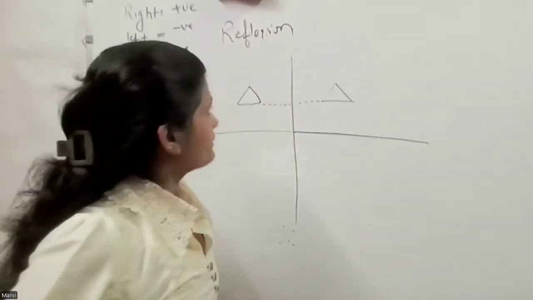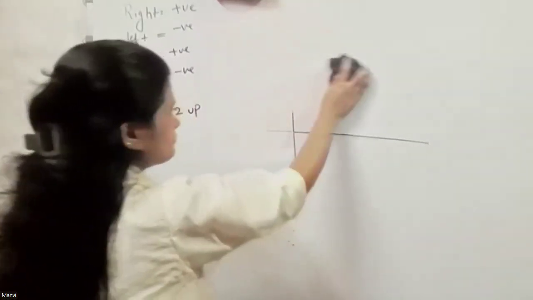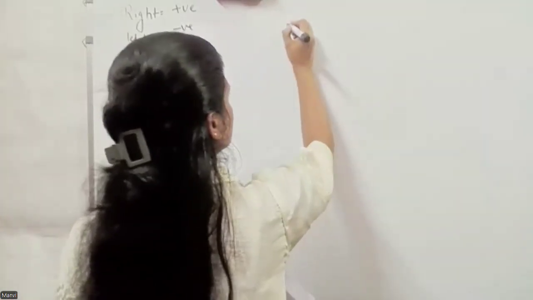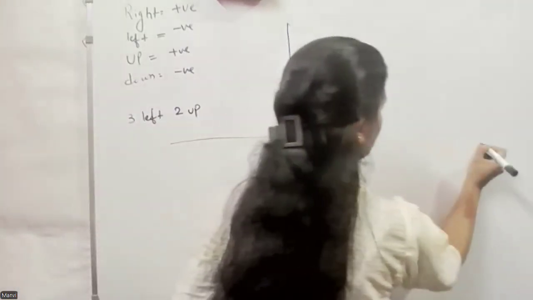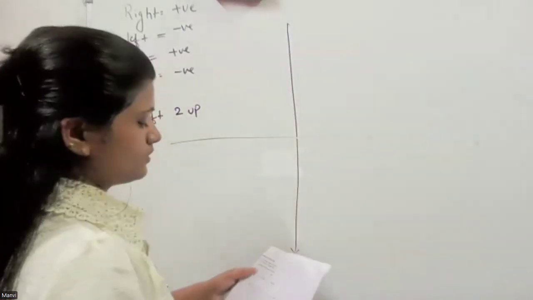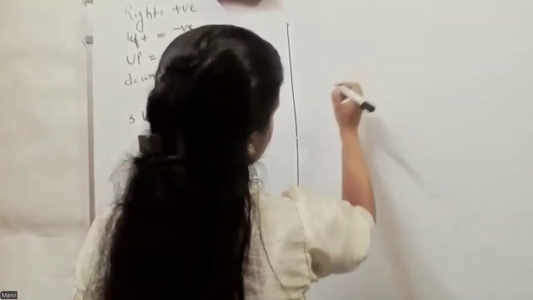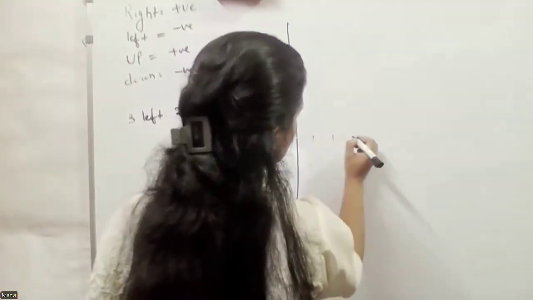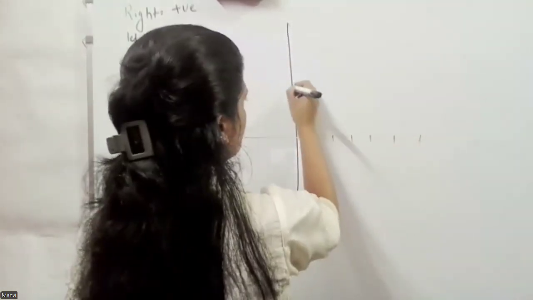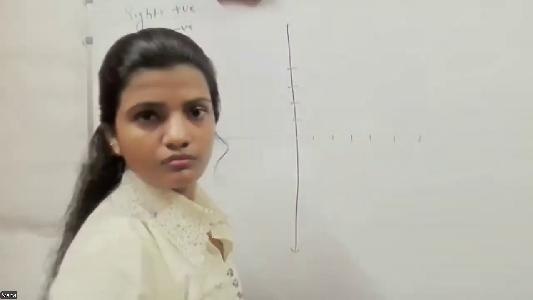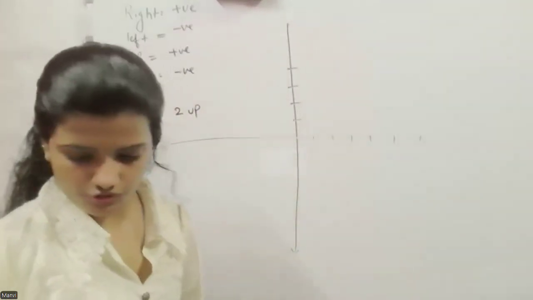Let me draw the coordinate grid here. This is the value of y. That's the value of x. Okay. If we have one point which is at 1, 2, 3, 4, 5. I can't see the line clearly. Okay, let me draw it for you.